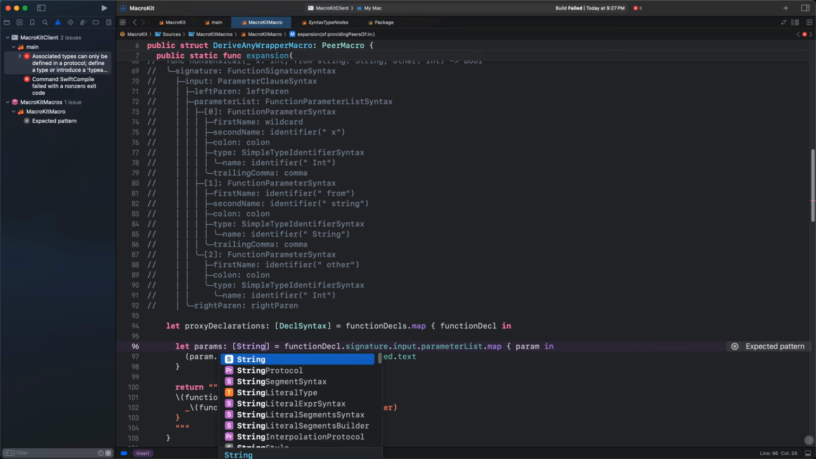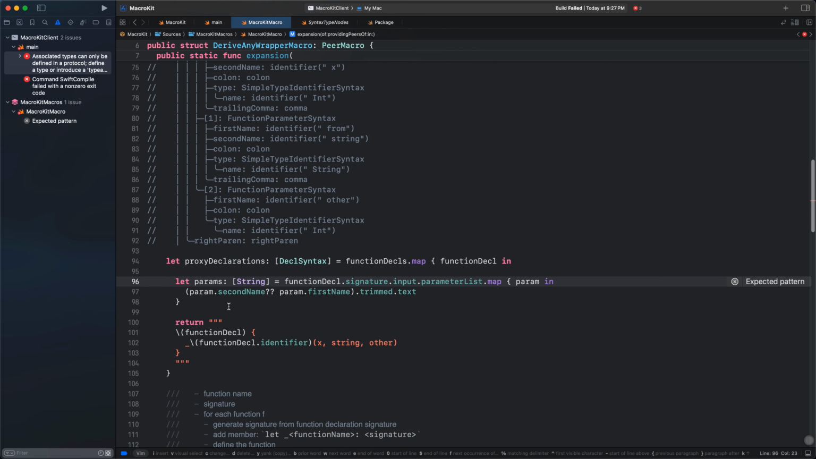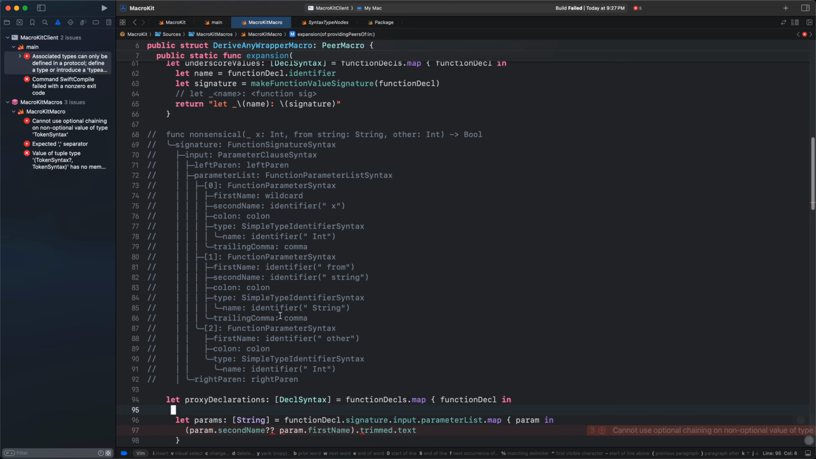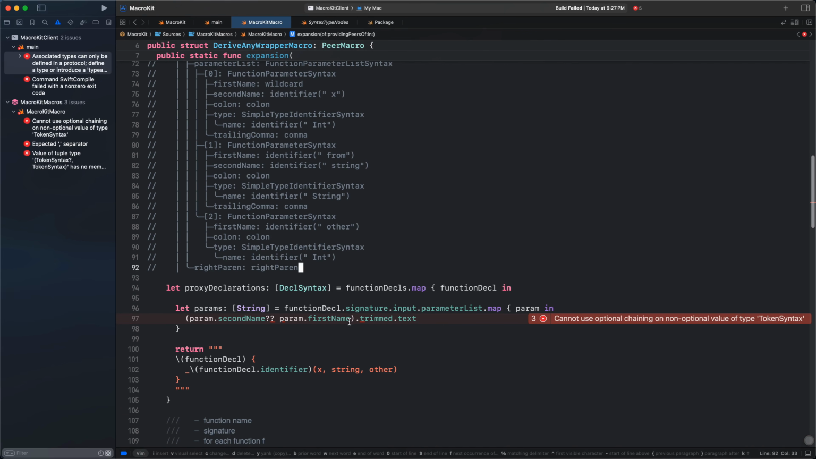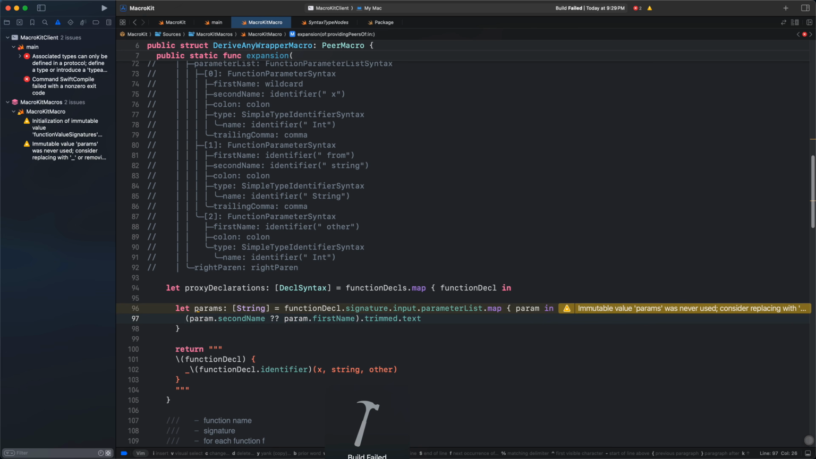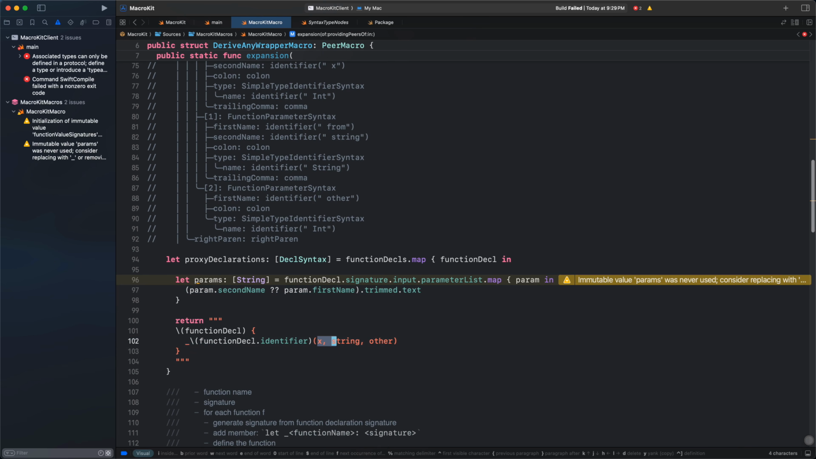Strings are delightful to work with and truly not that much less safe than these syntax nodes. As we've seen, we were able to interpolate this into our code as valid Swift syntax. I thought we couldn't use optional chaining, but I think we can. I just needed to have my space there. Perfect. Okay, so now we can take this and interpolate